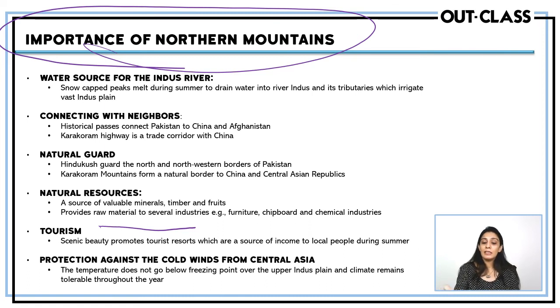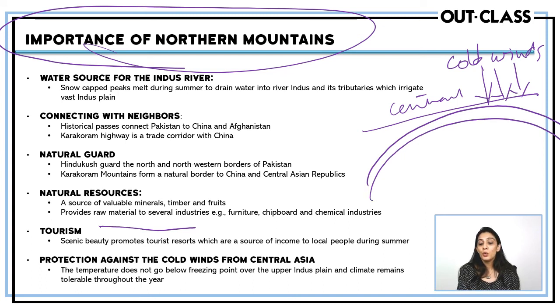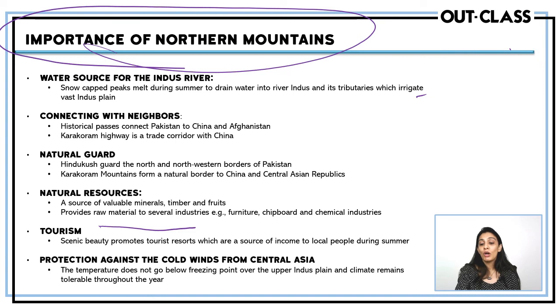And then this Central Asia up here is very cold. So it keeps sending these cold winds, sorry, not waves. And these mountains make us a natural climatic barrier which stops these winds from entering into Pakistan and saves the rest of us from freezing, which Central Asia itself is freezing into. So these are the importance of the northern mountains,